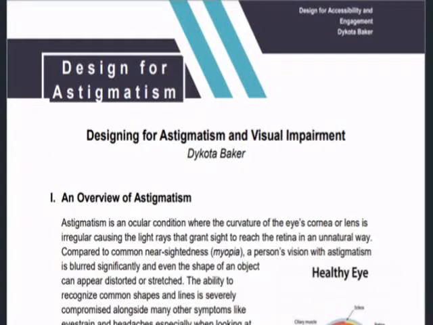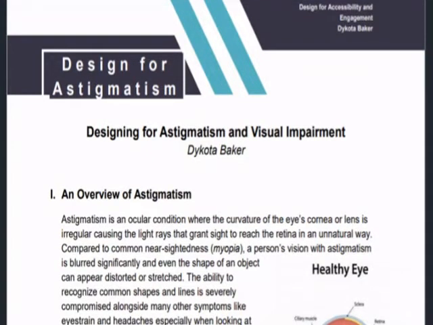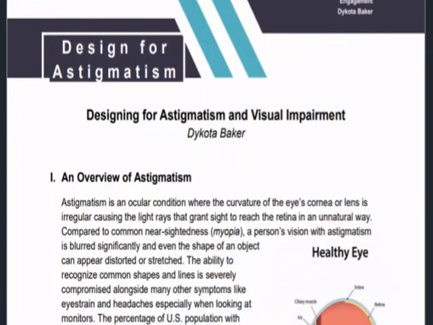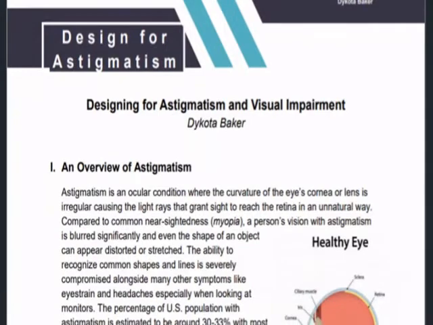Designing for Astigmatism and Visual Impairment. This is a guide for potential web designers on how to take astigmatism into account when designing web pages and applications. This will cover what astigmatism is, its symptoms, and what to do to make your site accessible for those